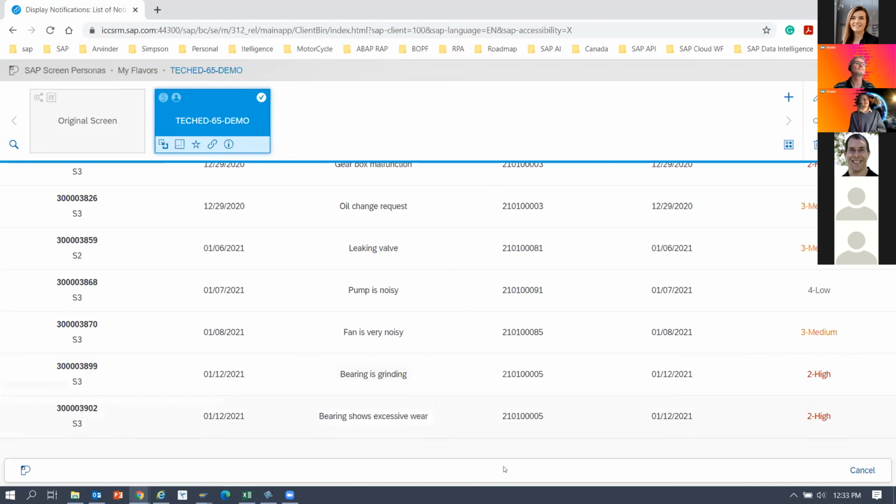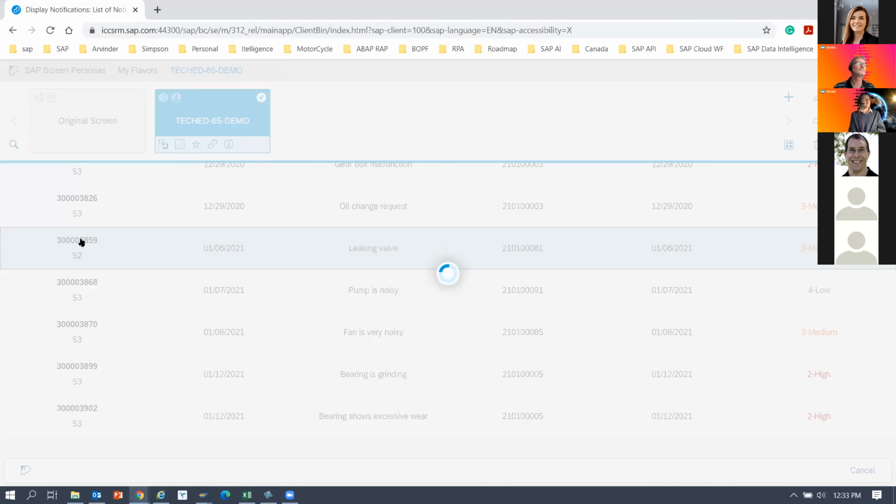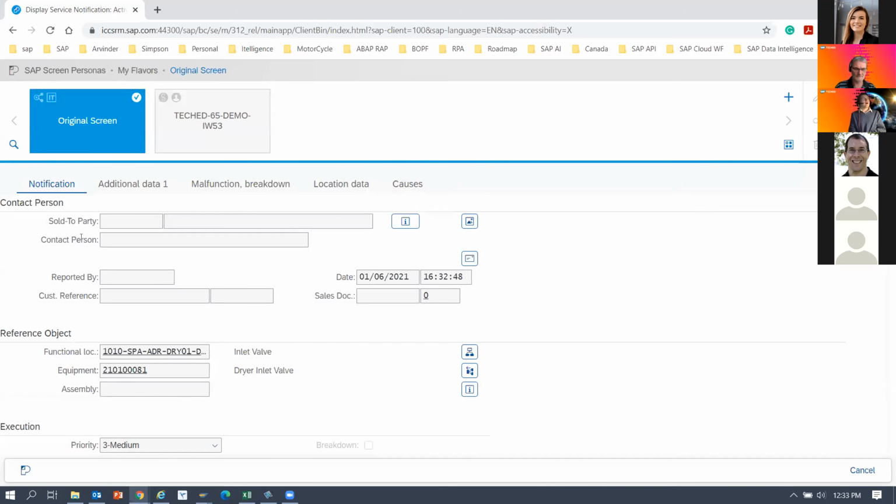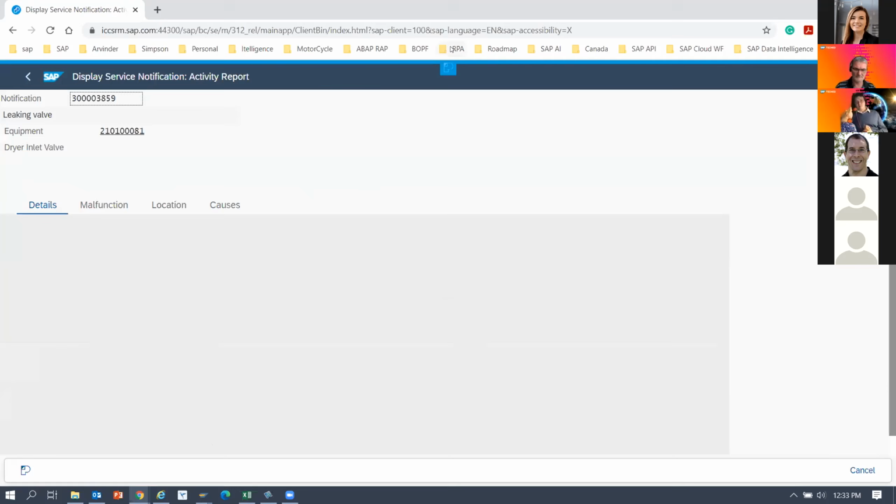And select one of the notifications from the table. Just click on it. And we have missed one important step. We need to set the flavor as default. So,